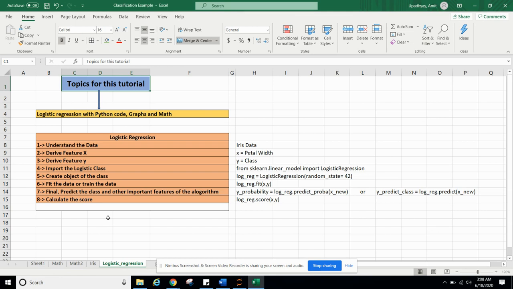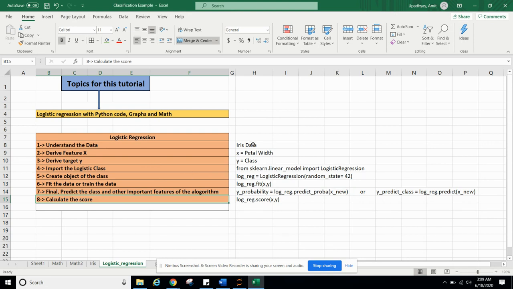So logistic regression. What are the steps we perform in logistic regression? First, understand the data, derive the feature X, derive the target Y, import the logistic class, create an object of the class, fit the data or train the data, predict. This is the final predicted class and other important features of the algorithm using new instances. Calculate the score of your algorithm.